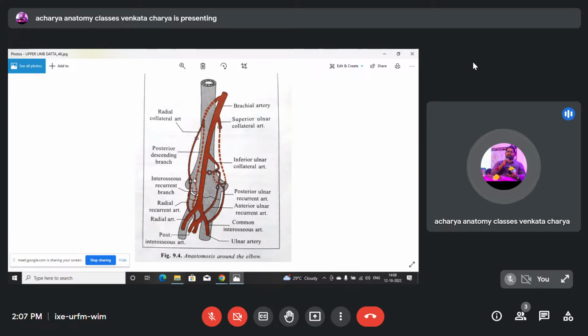Then come to the third one. Transverse branch of posterior descending artery. Anastomosis with the